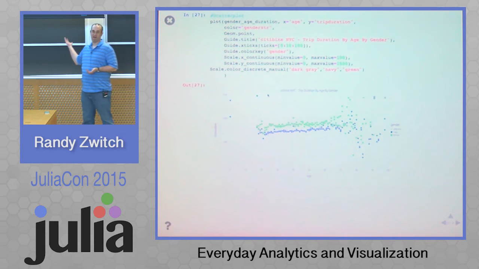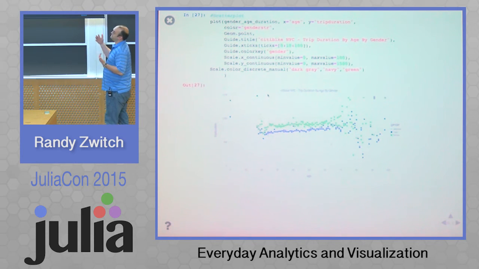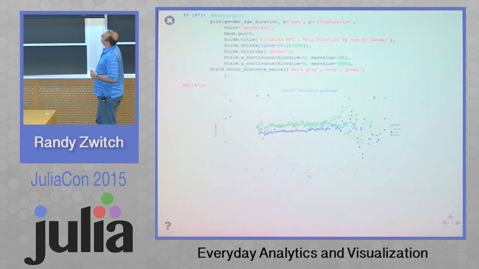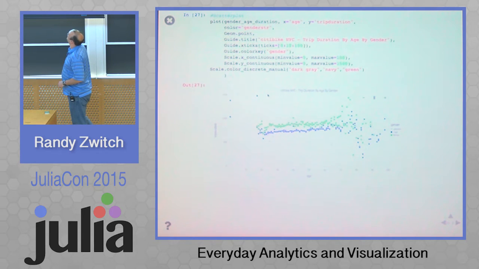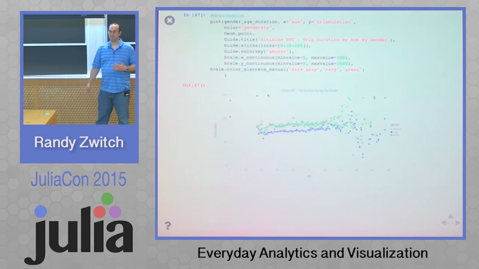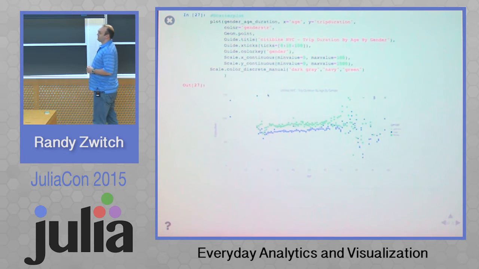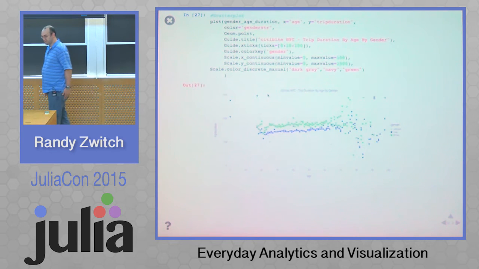Do women use bikes differently than men? In some ways they are. We just don't know how, but we've shown that there is a difference across the age groups in how men and women use the bikes. Now you can see that there's a lot of noise towards the 70 and above age ranges. Again, that's probably not surprising. If I thought about my grandparents riding bicycles, I'm not really sure how that would work out. But if you look at the plot in general, it's approximately a horizontal line, which indicates that age really doesn't matter in the prime years. And then once you get out further, we do see a lot more noise in the data.